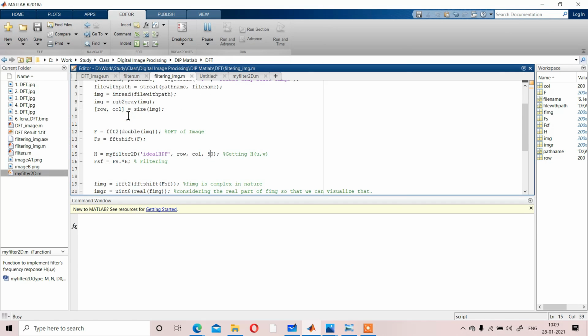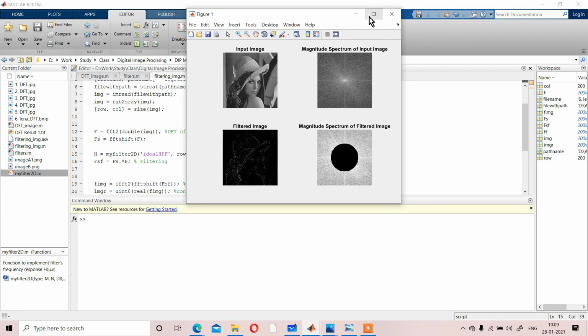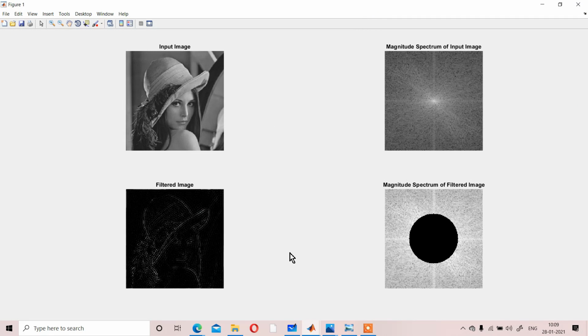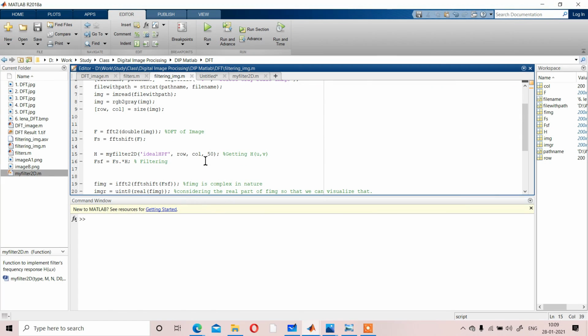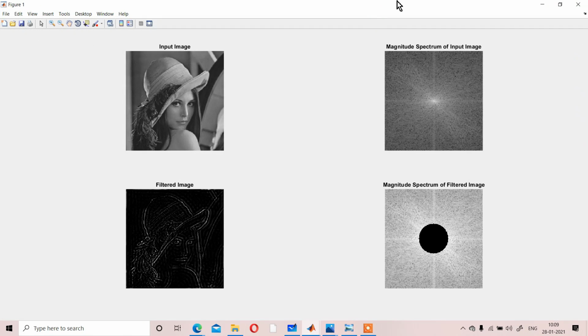Same image we are considering, you can see that this is the high pass filter. We are considering the range 50, consider a little bit less range, suppose 30, so you will understand it more clearly. You can see the image for the low pass filter and that image for the high pass filter. What is happening here?